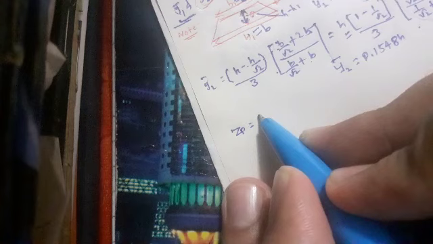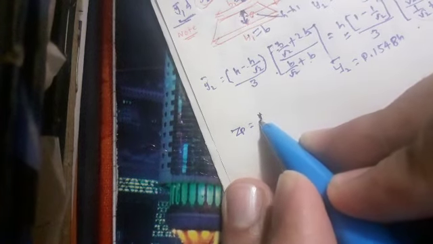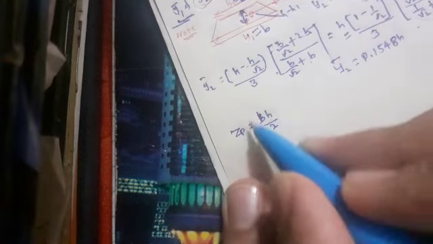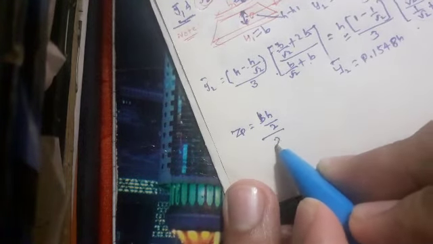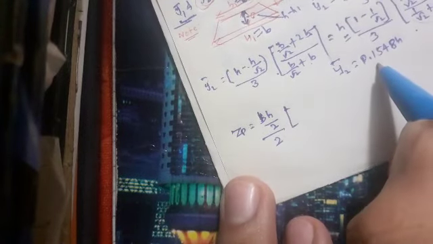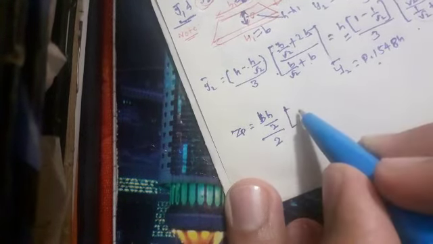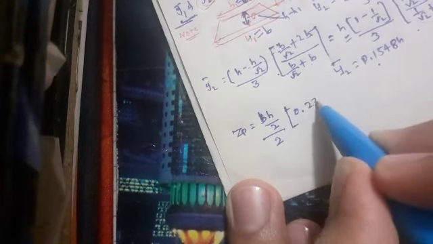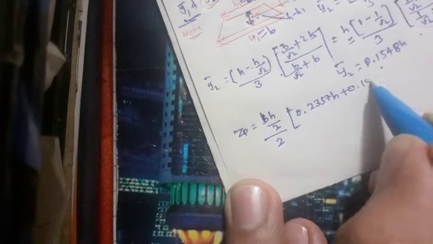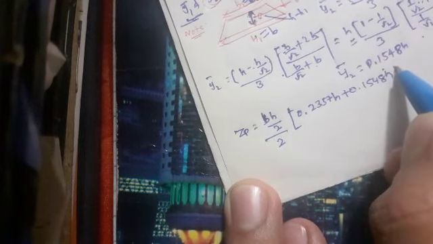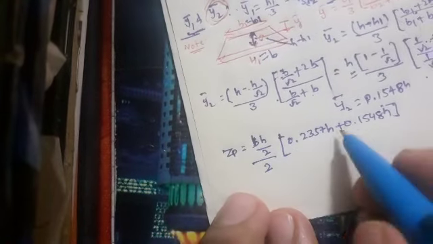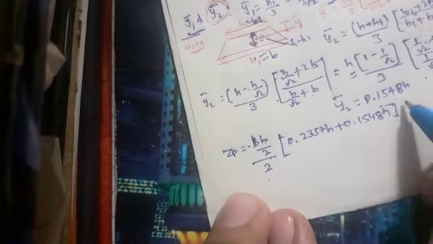A is nothing but bh by 2, the area, divided by 2, into y1 bar plus y2 bar, so 0.2357 h plus 0.1548 h. So I'll get this as bh by 4